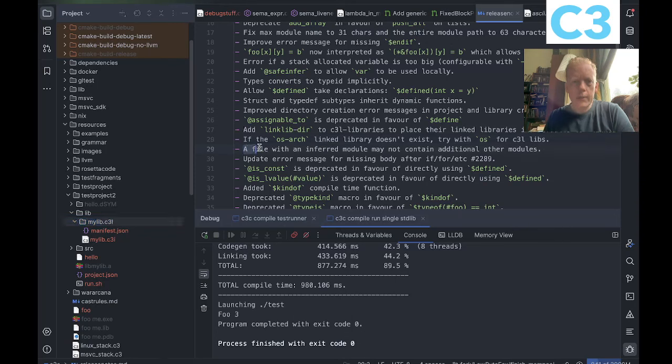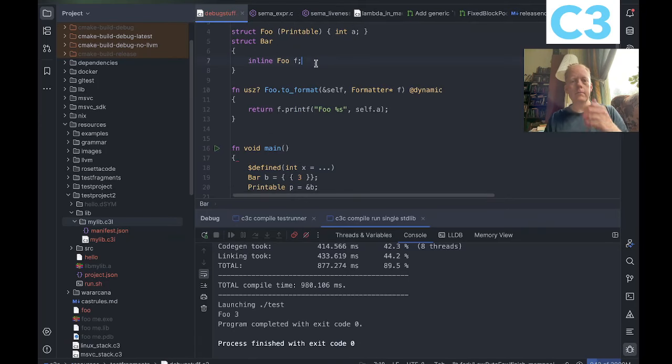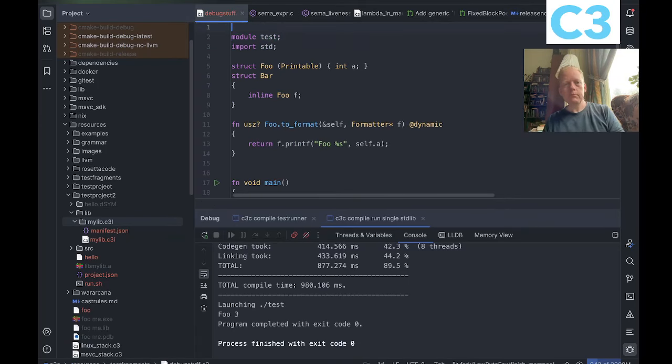And a file with an inferred module may not contain additional other modules. So this is just addressing a problem. So people would do it like this. Do you see the problem? Here's an actual module here, and then that module would